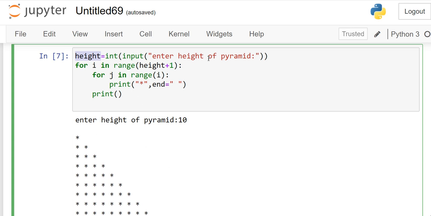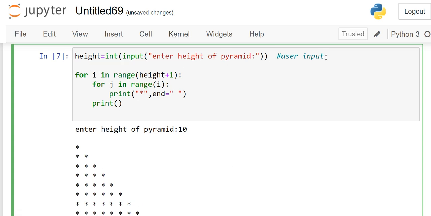Every input will be considered as a string in Python. To work with different data types we use different keywords to convert the given string value into a different type. Here I am going to work with the integer data type in this program, so I am converting the given string value into integer type using the int keyword. So this is about the input from the user. Let me add comment lines so that you get a clear idea: user input. I have stored the user input in the height variable. Now we are done with the input format.